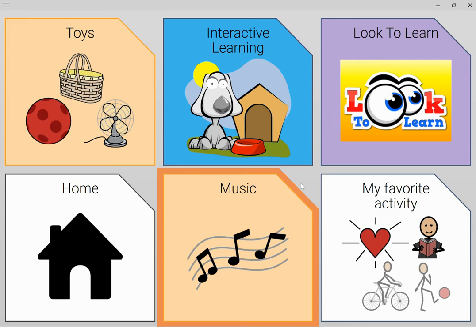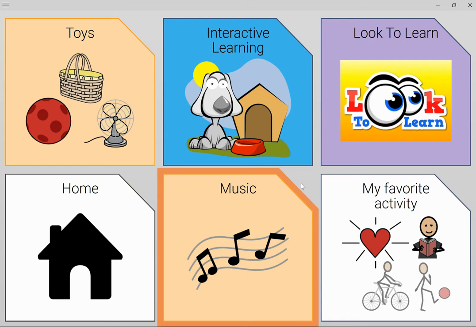Let's play. And we've also incorporated interactive learning and Look to Learn right within the grid set. And while these page sets are available outside of the grid set, interactive learning is a part of grid. We want to make it seamless and easier for the user to be able to navigate those.